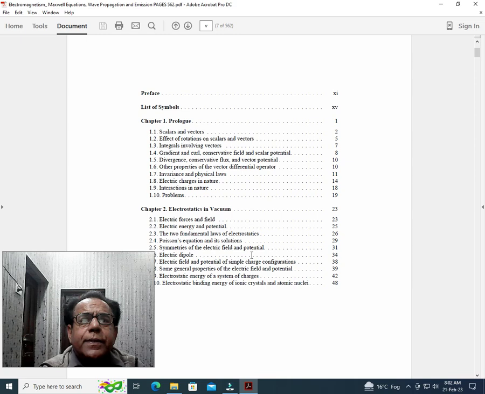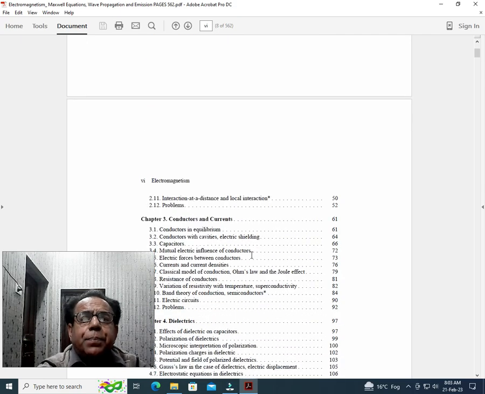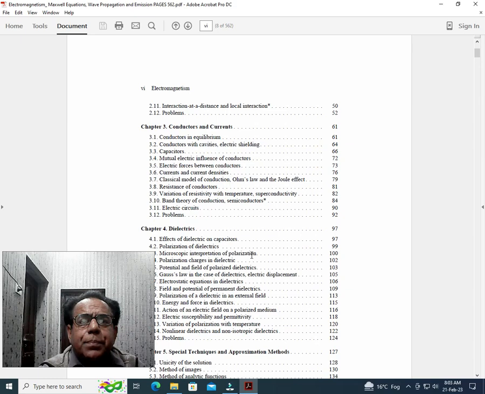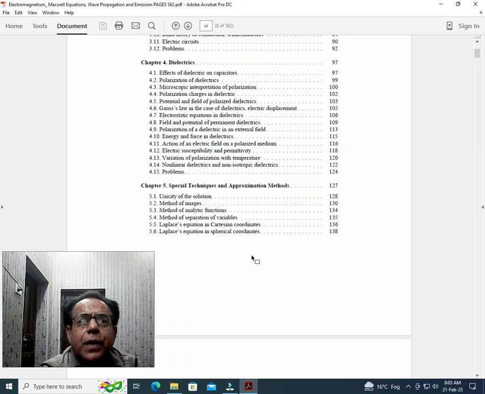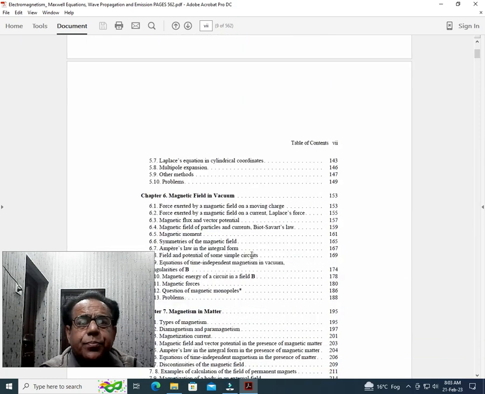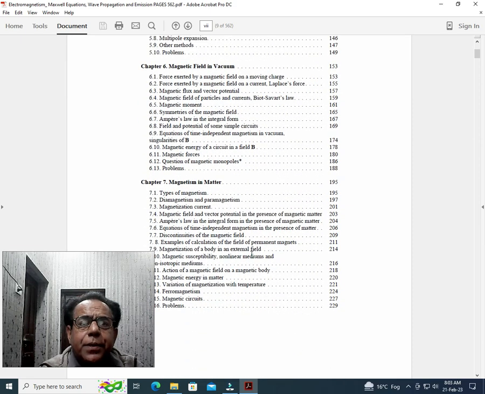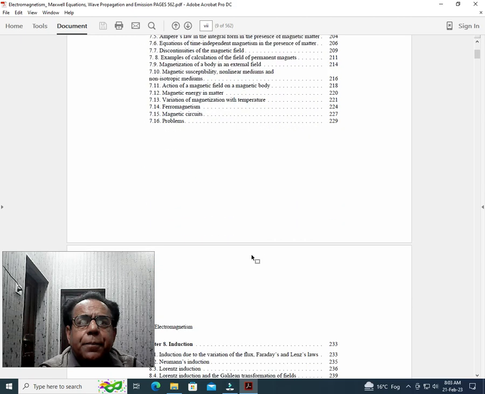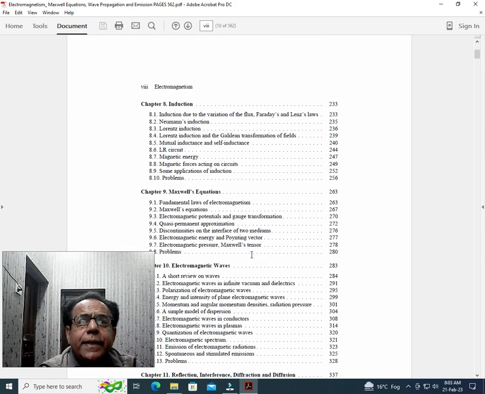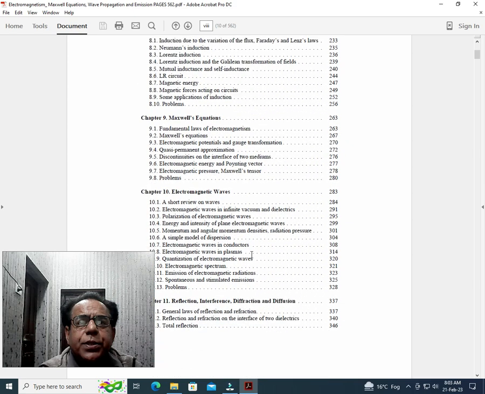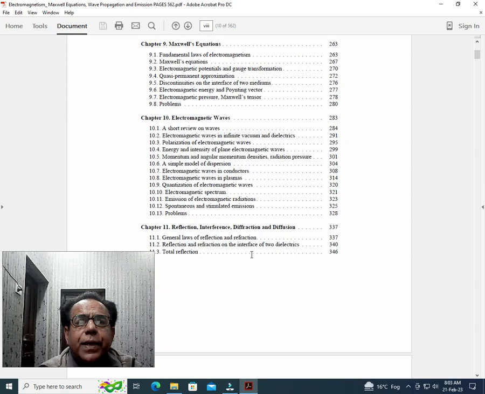Now we come toward its contents. Chapter number 1 prologue, chapter number 2 electrostatics in vacuum, chapter number 3 conductors and currents, chapter number 4 dielectrics, chapter number 5 special techniques and approximation methods, chapter number 6 magnetic field in vacuum, chapter number 7 magnetism in matter, chapter number 8 induction, chapter number 9 Maxwell's equations, chapter number 10 electromagnetic waves, chapter number 11 reflection,